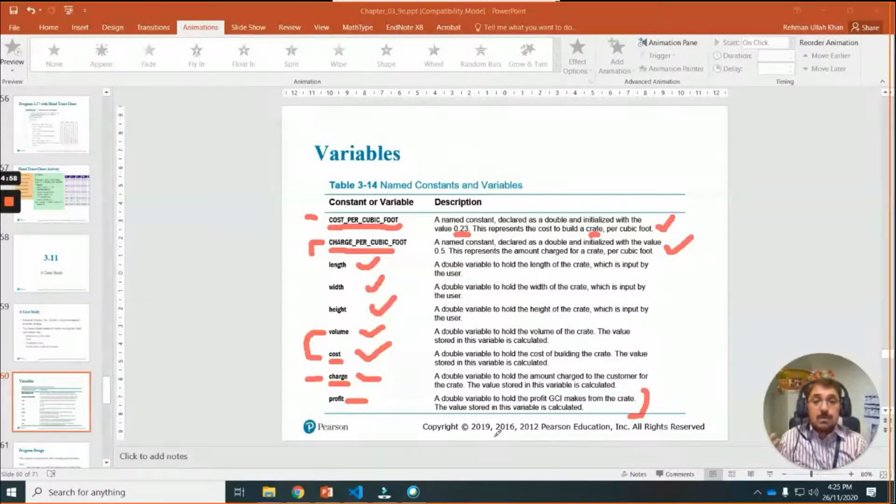Someone will tell you, okay, I need a computer program which can do this for me. And that person cannot explain to you in terms of computer terminologies that you need this variable, you need this function. No, that person only wants a solution. Okay, so you will have to extract this information. Do you understand what I am saying to you?